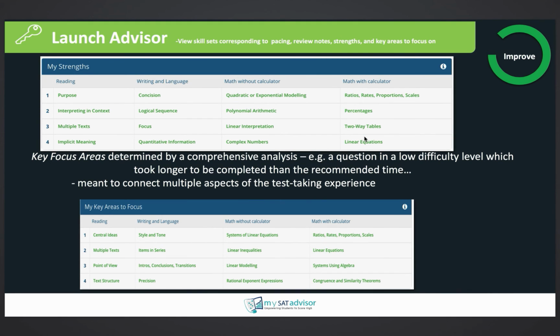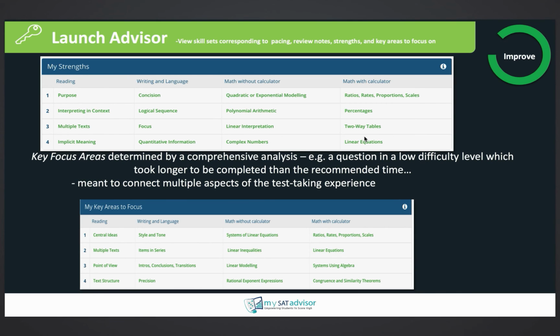Our key focus areas, which is the picture at the bottom, is one of the features that I think is really unique and really useful. And what this is, it's a comprehensively analyzed list of weaknesses. It's not your average list of strengths and weaknesses. For example, the example I like to use, let's say you had a question that is a very low difficulty level, let's say difficulty level 1, and maybe you got it correct, but it took much longer to be completed. Or maybe you got the same question wrong in the same amount of time.